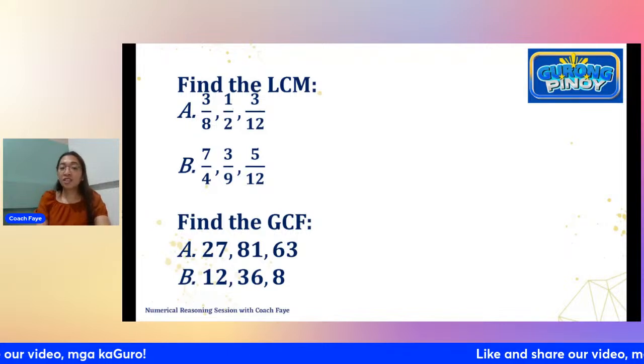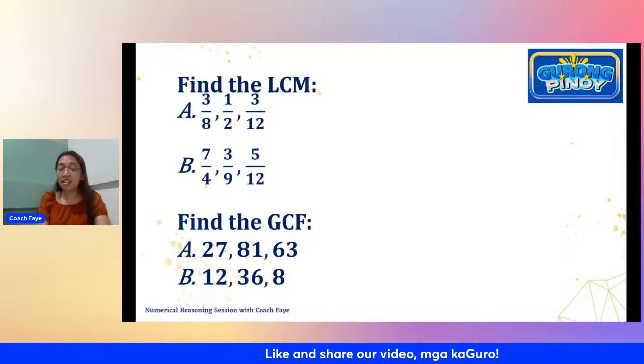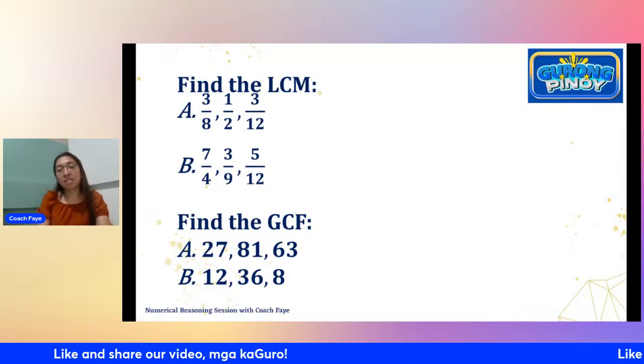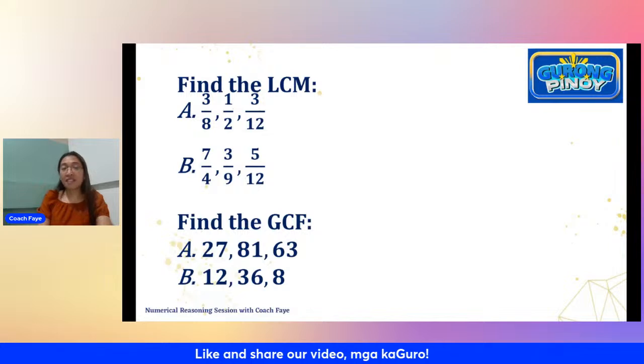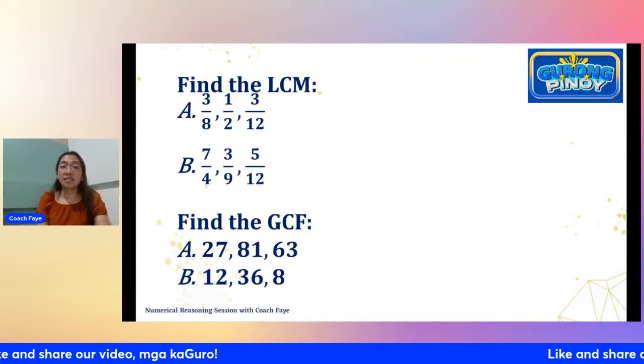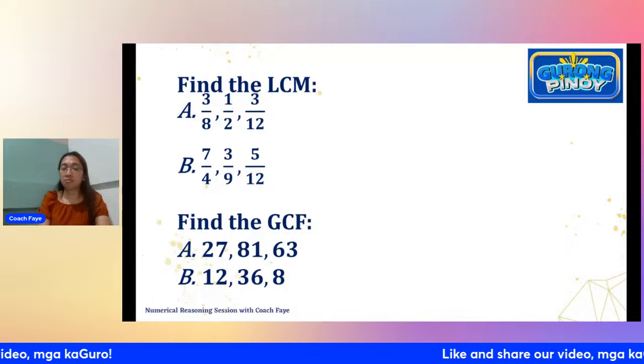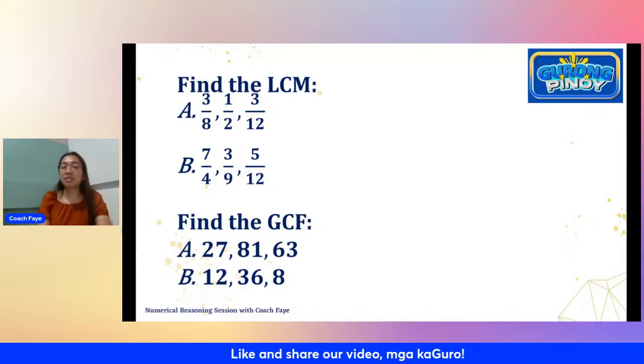You can start looking at the smallest number so far that you have there, which is 27. 27, pwede niya bang ma-divide si 81? Yes. Pero si 63, hindi. So 27 does not work. What is 27? 27 is 9 times 3, or that's 3 cubed. So hindi pwede si 27, so you go down a little bit.